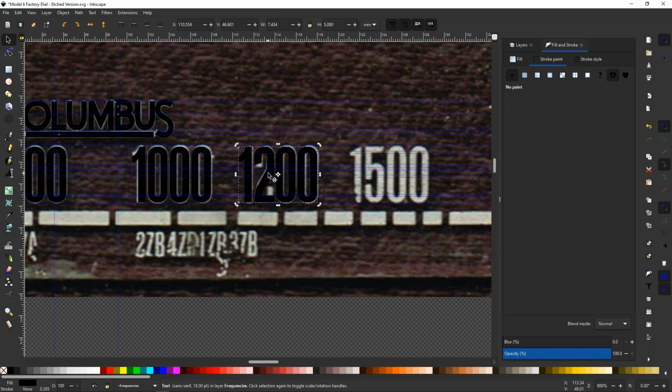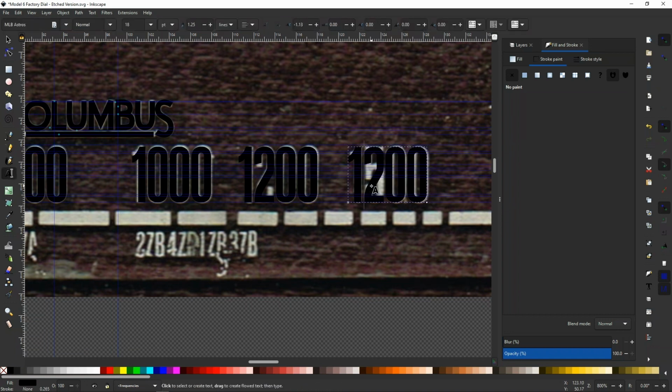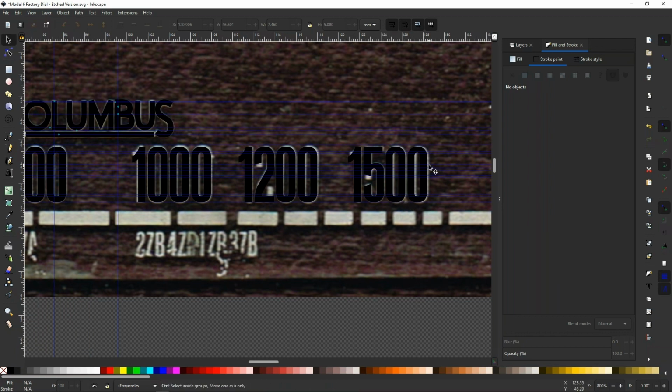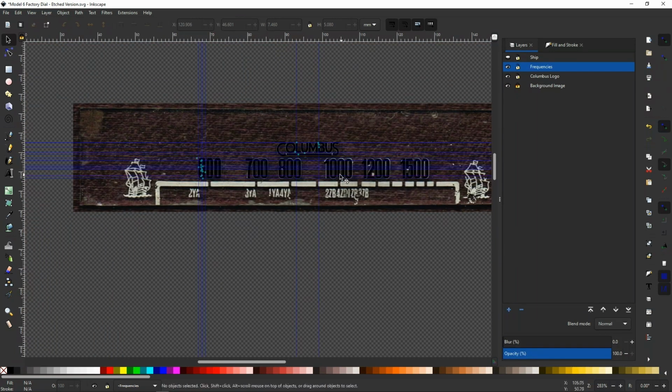Control D for duplicate, right arrow. And I'll just bring that back with the Alt left arrow. And double click and put a 5, delete. Right, 5's not perfect, but it's close enough. And when I say close enough, that's a little bit tongue-in-cheek, because I'm a little bit anal about this stuff, about getting it probably more perfect than it needs to be,